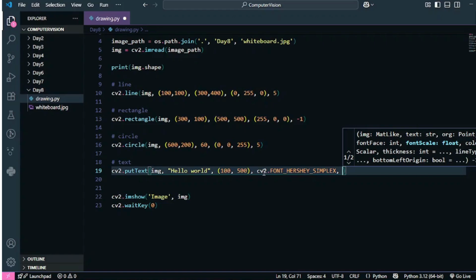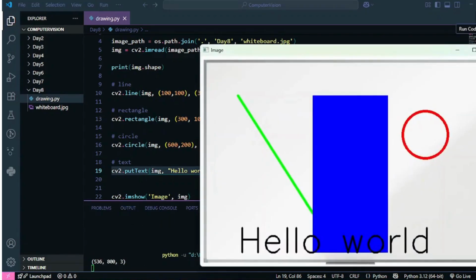So I'm going to keep the size as 3 for now. Then again, I have to tell the color. So I'm going to keep the text as black for now. So to write a black text, I'm going to keep the values of my BGR channels as 0, and then I have to tell the thickness of my text. Now this is the size of the text, but this is going to be the thickness. So I'm going to keep the thickness as 3 as well for now, and let's see what happens.